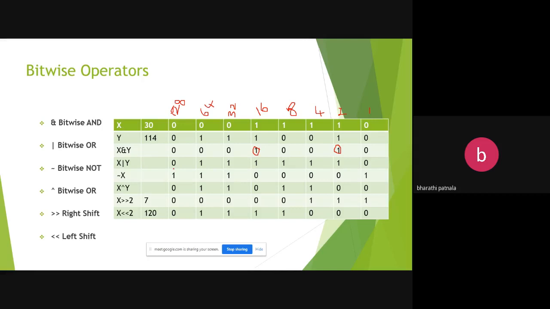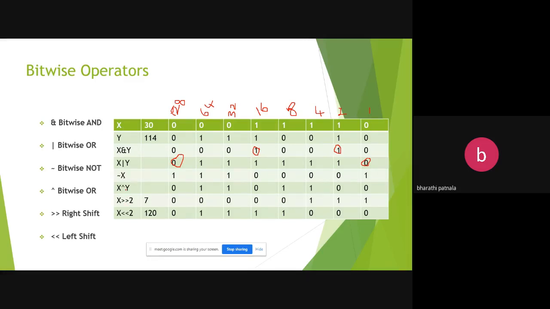In X OR Y, if both conditions are false, it returns false. Otherwise, in the remaining cases, it returns 1. Okay. So negation, tilde X, means 0 becomes 1, and 1 becomes 0.